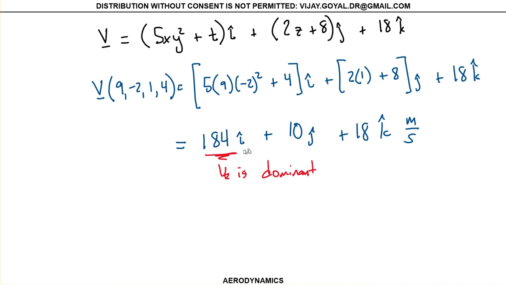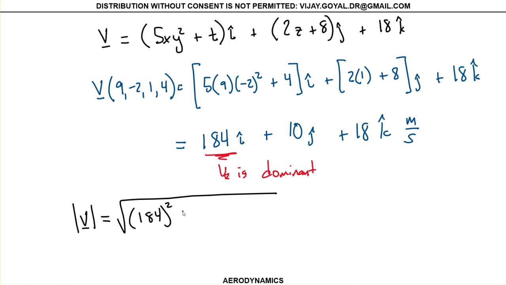So there's a lot more speed in the x direction than in the other directions. Moving on in the problem, I want to find the magnitude. The magnitude of V will be the square root of the sum of the squares of each one of these components, and if you evaluate that, that gives you